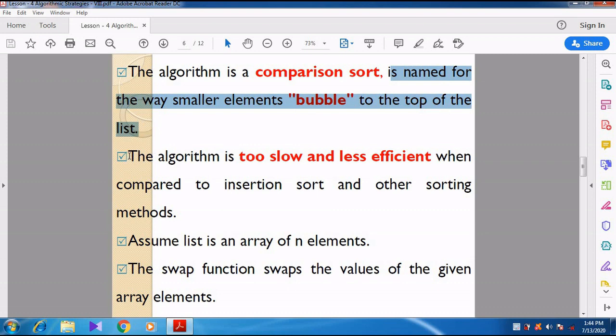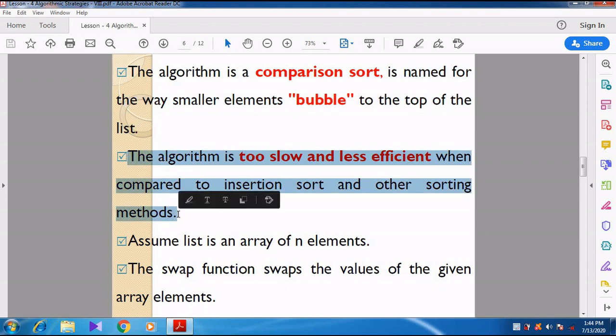There is also a disadvantage in this algorithm. What is the greatest disadvantage? Every method has an advantage, but also disadvantages. In this particular sorting, it is too slow and less efficient when compared to insertion sort and other sorting methods.